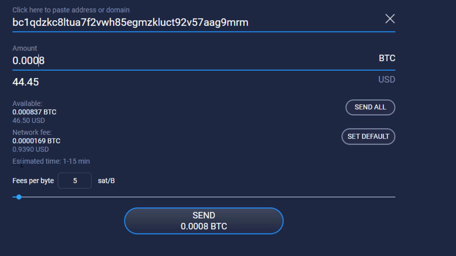Now I want to make sure that this is still on a low network fee. One time I did this and it must have reset itself because it took me back to a high network fee. So I'm still on the low network fee, only paying 93 cents. All right. This tells me how much I have available.